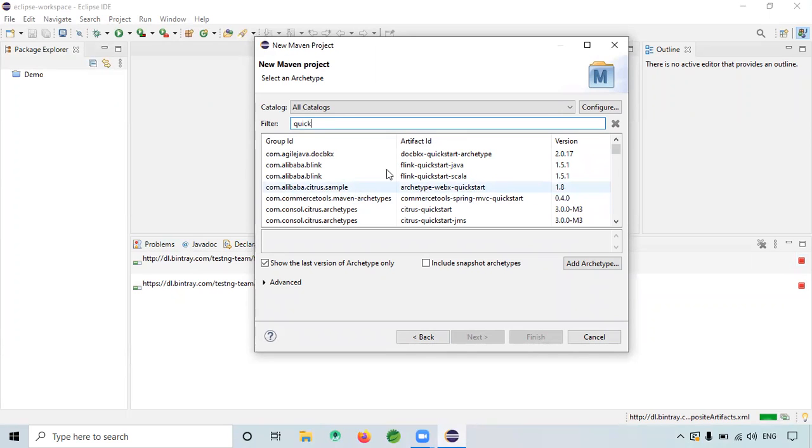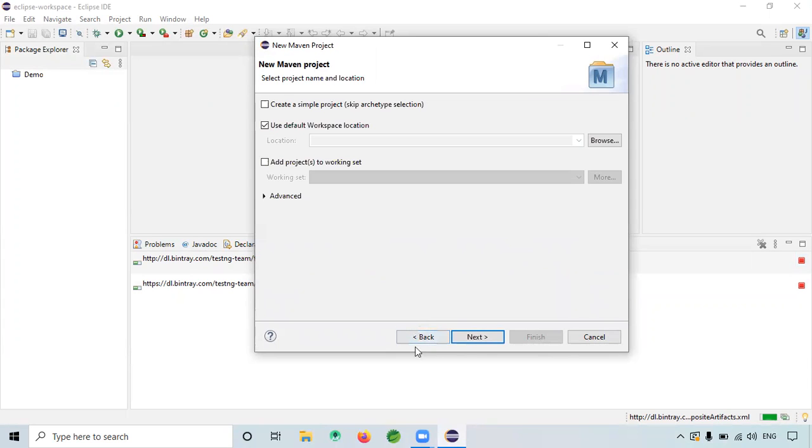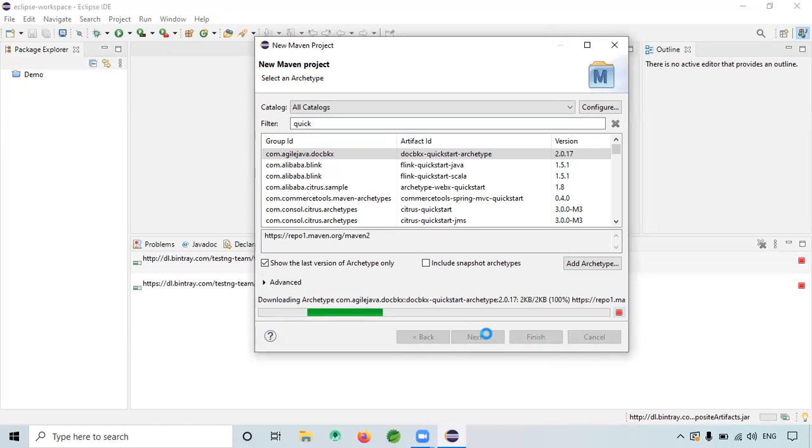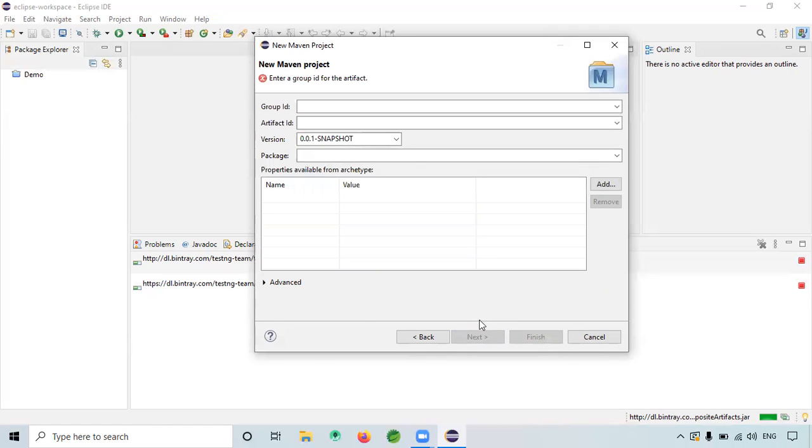This is to create a Maven project. When you click Next, this dialog will come. Search for quick, so the quickstart archetype. Click this and give Next. For me, it directly came to this.